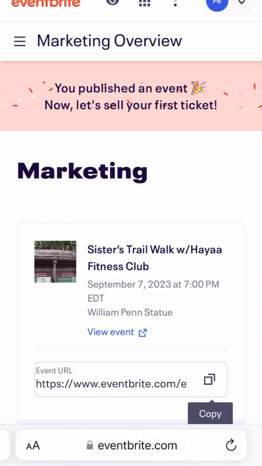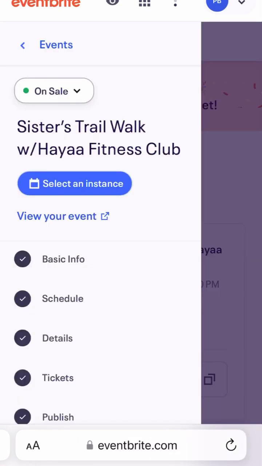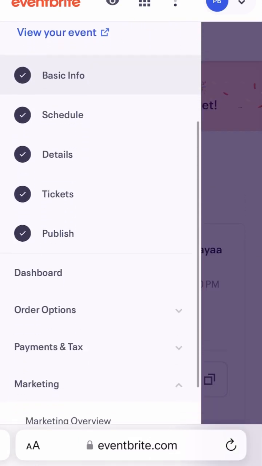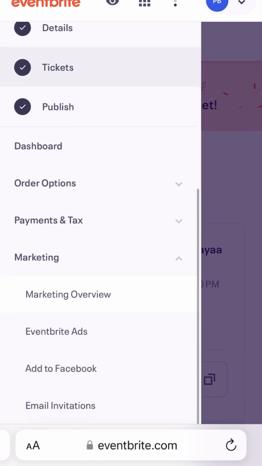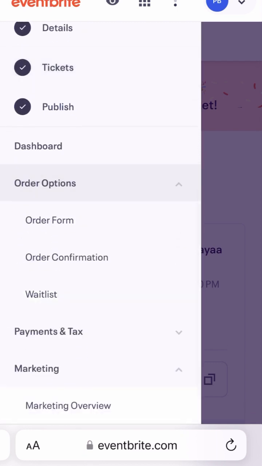I've created an Eventbrite ad before, and it was okay. It definitely didn't do what Facebook did, so I would do it if I had a lot of money, but I wouldn't do it with a little bit of funds. I would definitely rather show you how to do that Facebook ad as we've planned before.